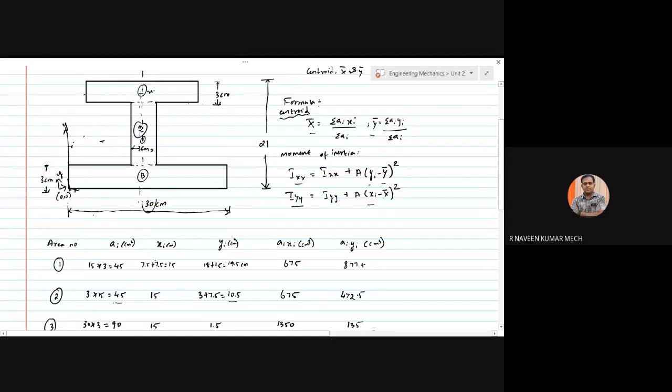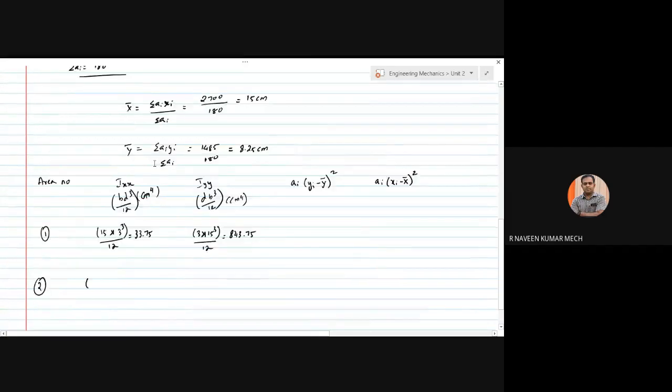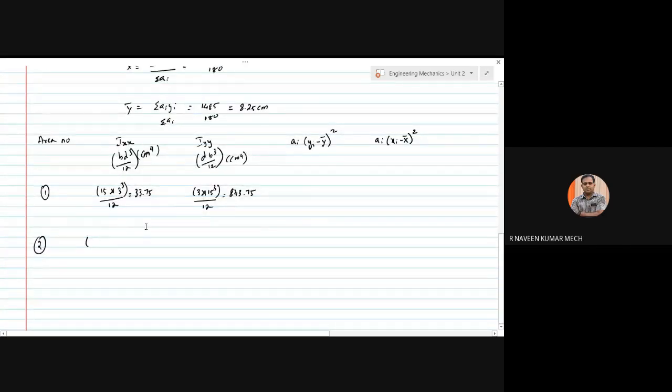Here, the moment of inertia Ixx, Iyy is not a position. It is stated for a particular region, where we are taking the moment of that area. Due to that particular small portion of the area with reference to the axis, how will it create the inertial forces? That is why we are calculating the second moment of area. So there is no need to consider the original axis for finding Ixx and Iyy.